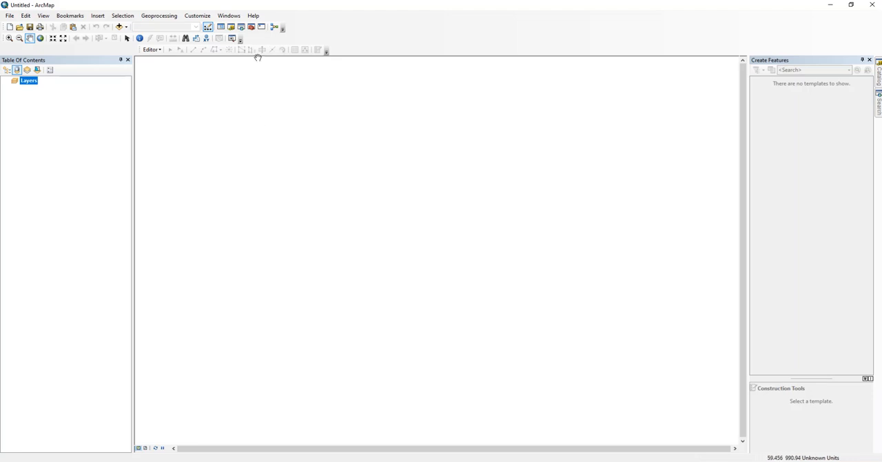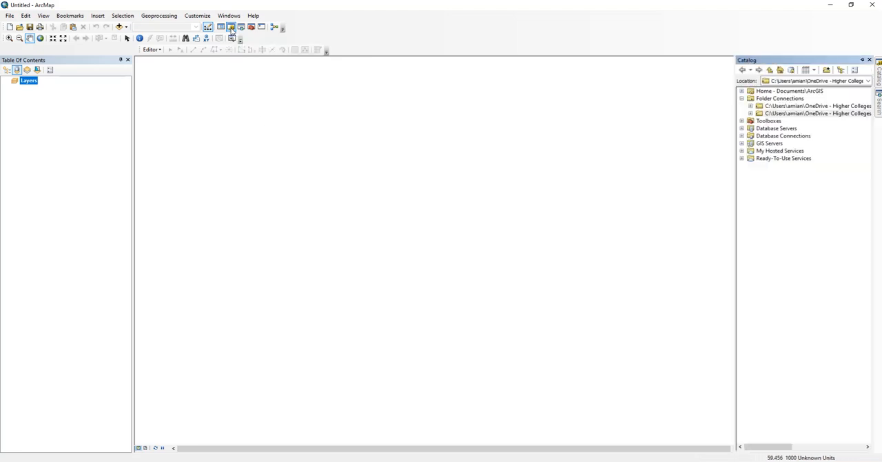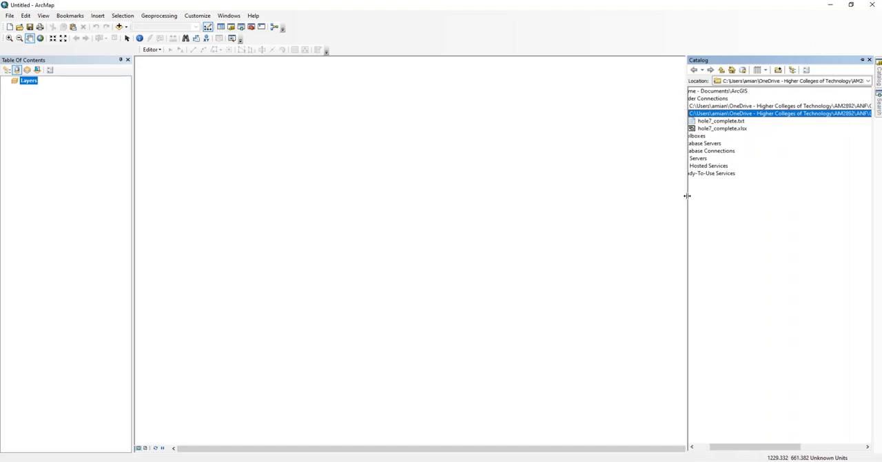So the first thing I do is we go to our catalog, and here is my folder for lesson number 3, where I have stored the documents for plotting the points. Okay, so the first thing I do is I need to make a connection to that particular folder, and then what we need to do is we need to go over here,